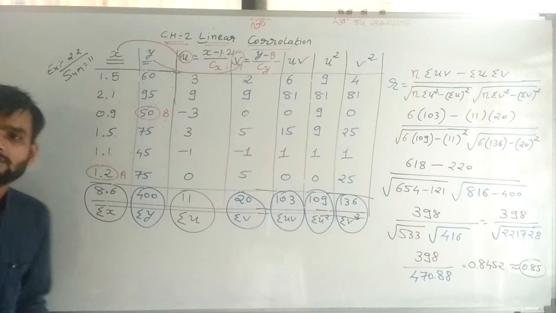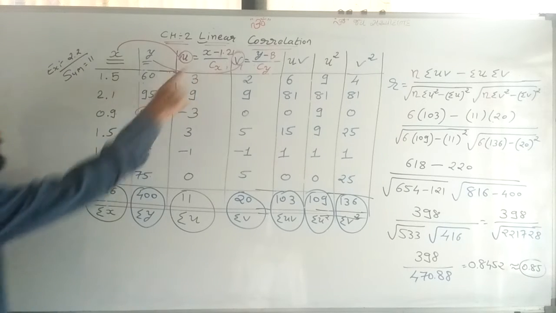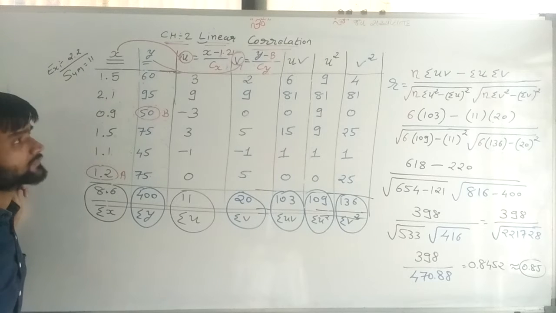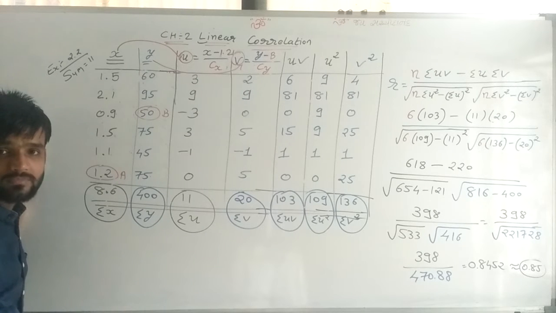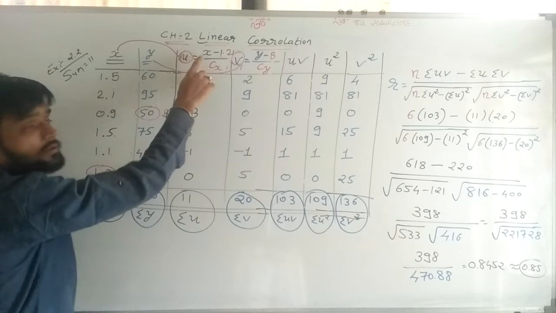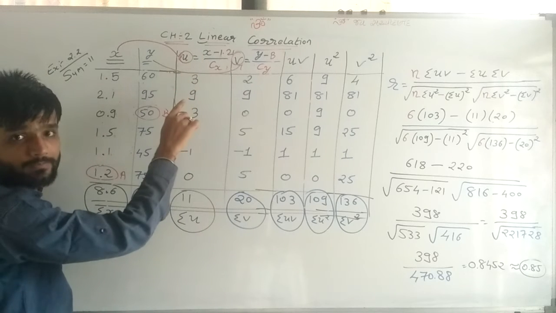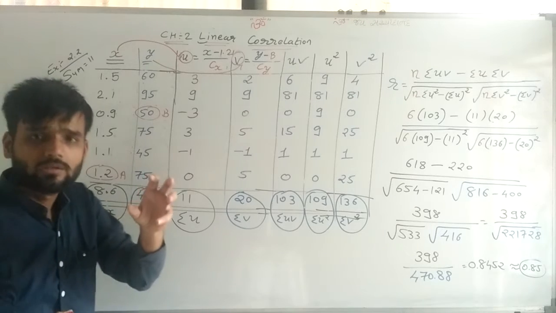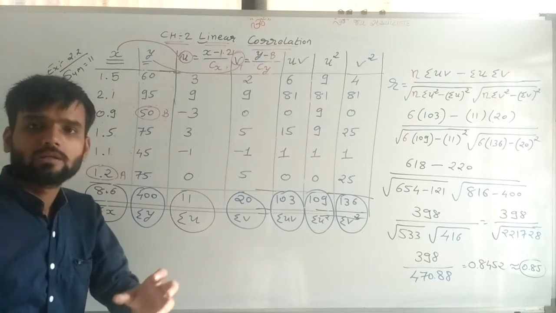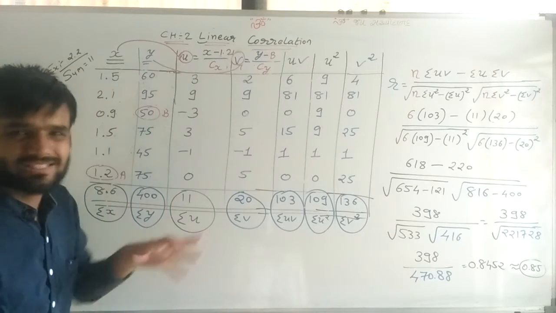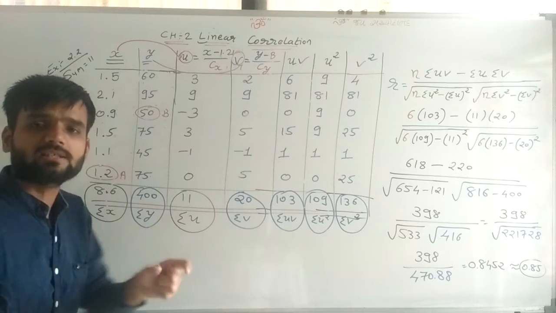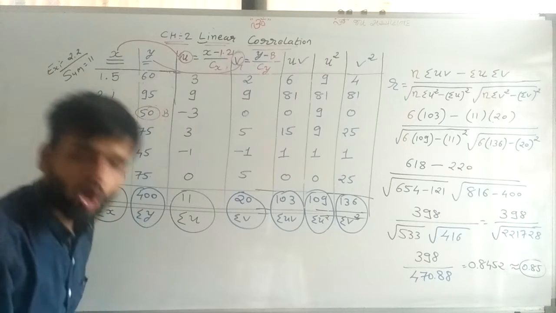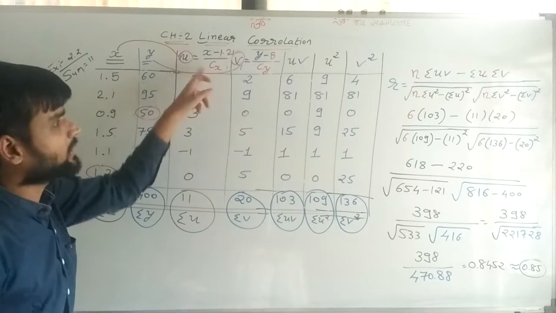So 1.2 is my assumed value. Now Cx. Here we are deducting from x. That's why divisible by Cx is written. It is not a class length. This Cx is what? This Cx is a common factor with which we are dividing all the values of x. That is the common factor of x.